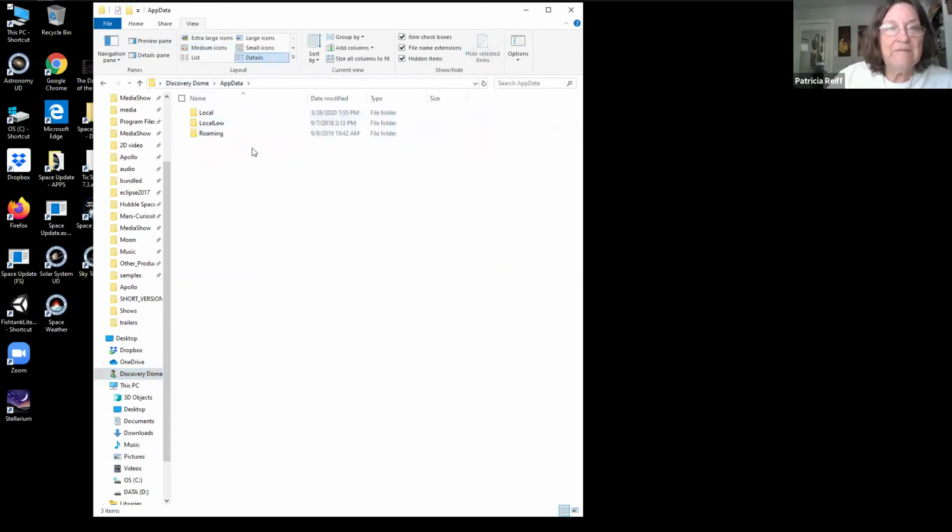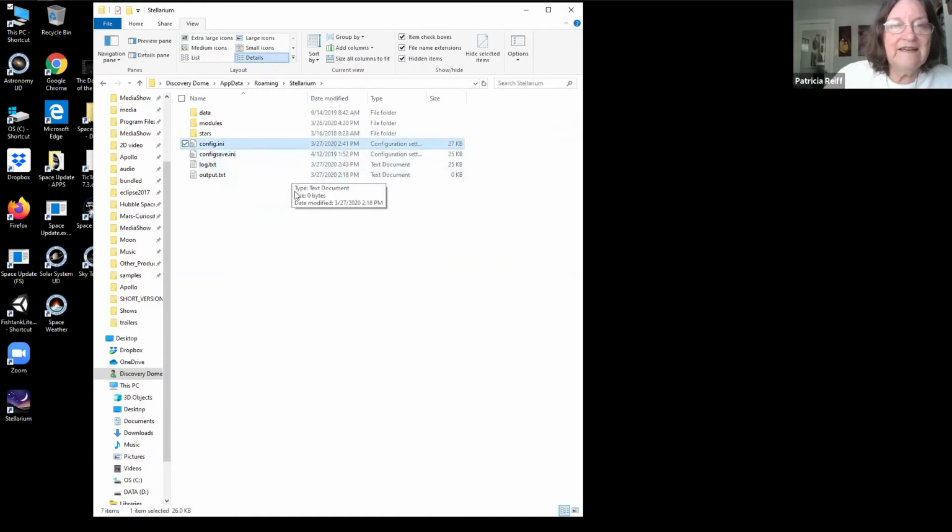And so we click on AppData and you say, well, where the heck is it? Well, guess what? It's in Roaming. Don't ask me why it's in Roaming, but it's in Roaming. And there's our good friend Stellarium. There's config.ini, yay. Okay. So this is where I will, you notice I have config save.ini. When I get it really like I like it, I save a copy of it so that if I do another installation, it doesn't overwrite my existing config file